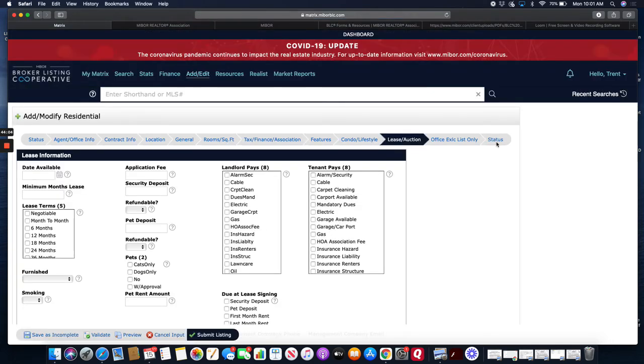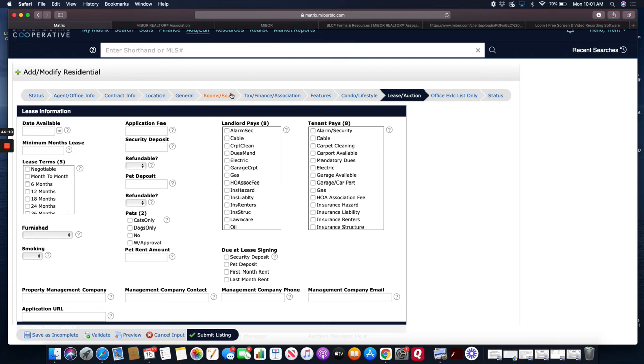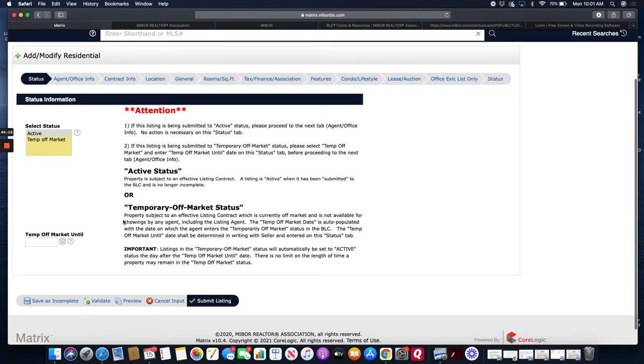What is status? Active, back up. It's not letting me click on that. Go to the status on the far left. Active, you click that. Yeah, that's all it is. I don't know why it's not letting me click on it, but